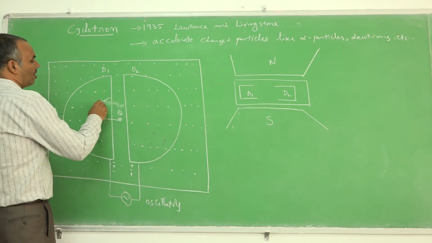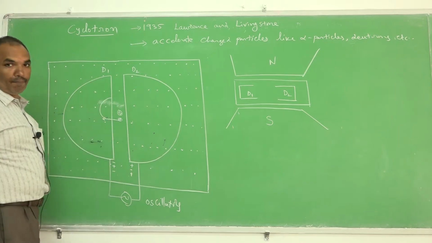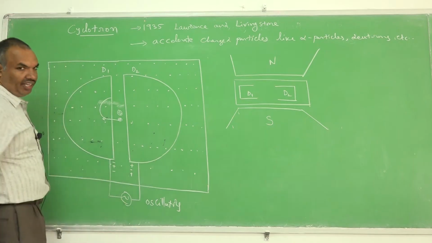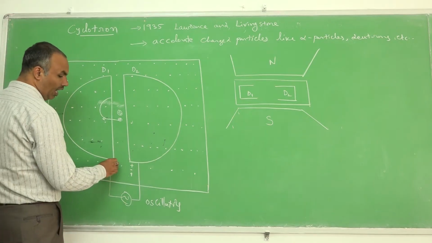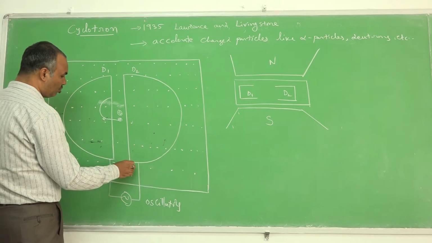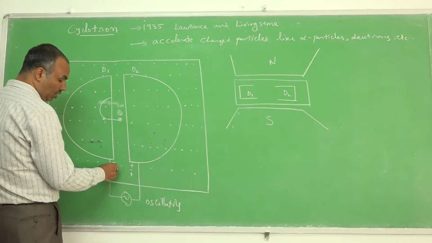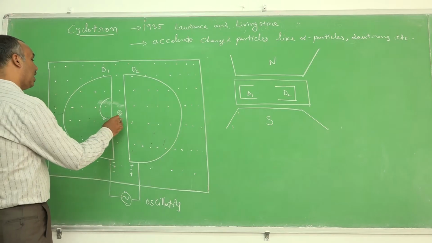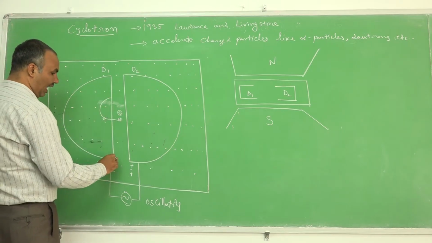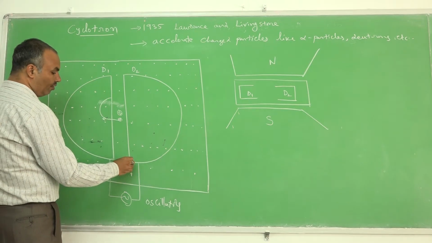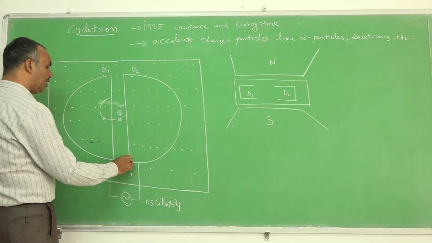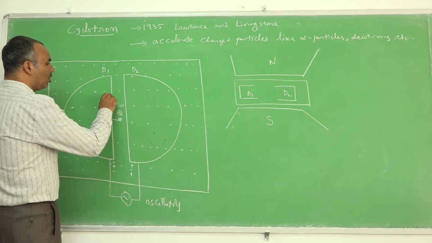Again, after completion of the semicircle, it will come here. By that moment, if we change the polarity of the D, earlier it was having negative potential, now it is having positive potential, and the other D is having negative potential. By the time it reaches here, exactly if the polarity on this D is going to alter, it becomes a negative D. So it will attract the positive charged particle.